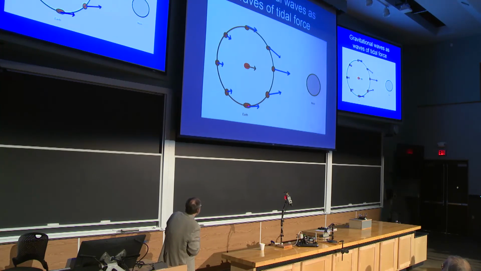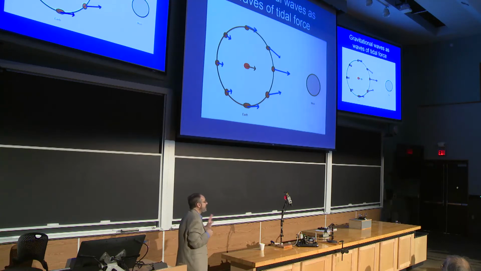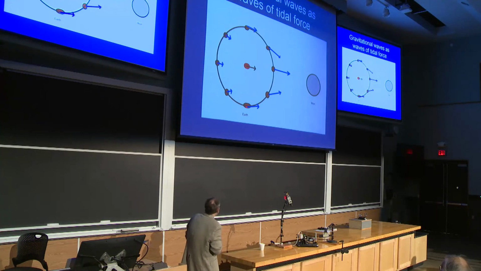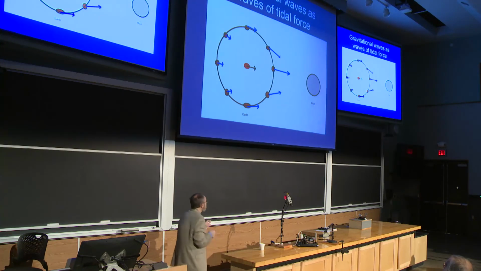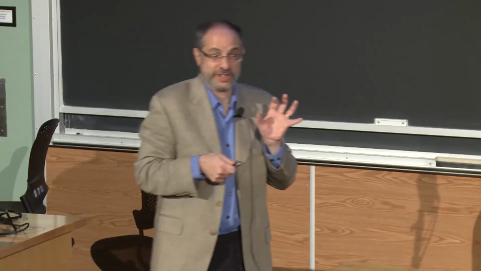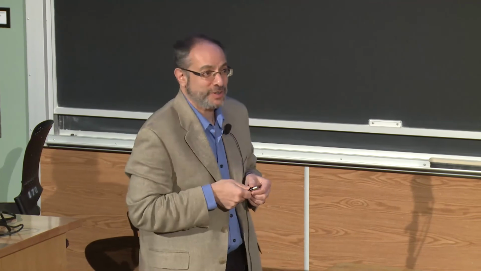This part gets about the same force as the center, but because it's at a slightly different direction, it has an extra component that's inward. So the net effect is that relative to the center of the Earth, it gets squeezed in the directions transverse, and it gets stretched in the directions along the moon. Okay, so this is the sort of thing that causes tides, which is why it's referred to as a tidal